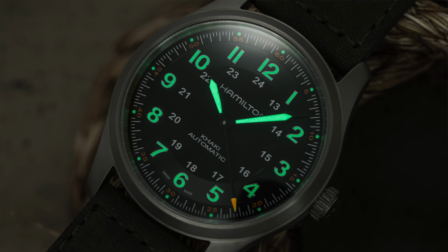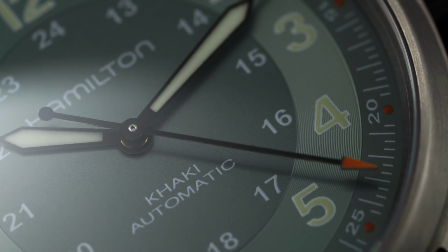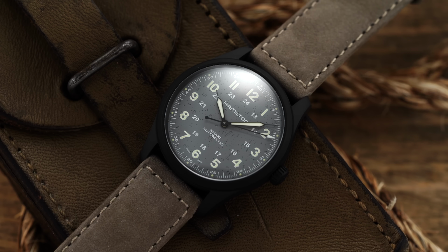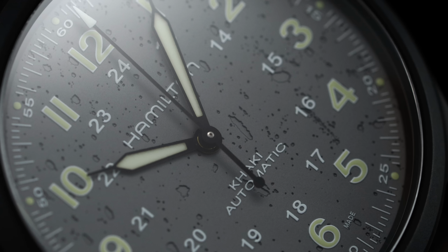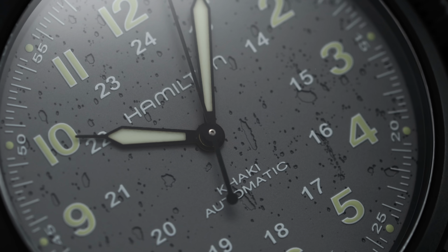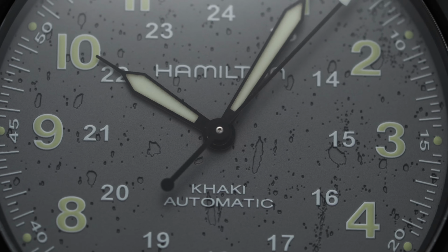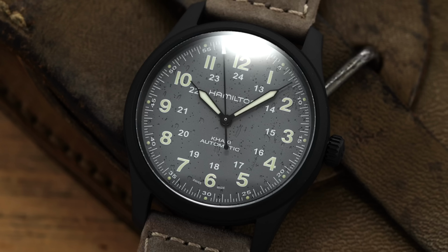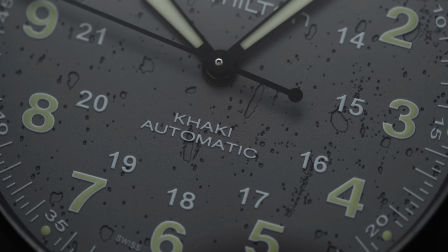On the khaki and black dial variants, the central surface is separated in a multi-dimensional fashion, with the hour markings lying on a ring that is ever so slightly recessed from the primary surface. The gray dial is done in a completely different array here, with a concrete gray color with some rugged texture that works well with its PVD case, while presenting more of an avant-garde option in the collection, emulating almost a meteorite style dial. Stylized syringe hands manage time-telling duties with the brand wordmark, khaki, and automatic to break up the